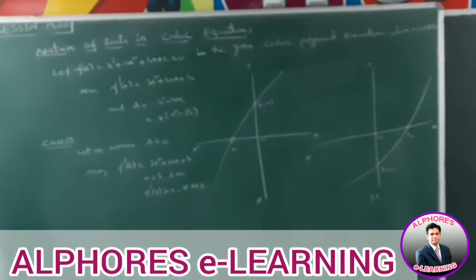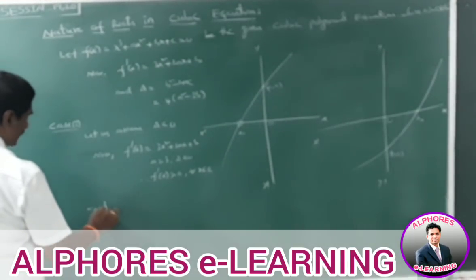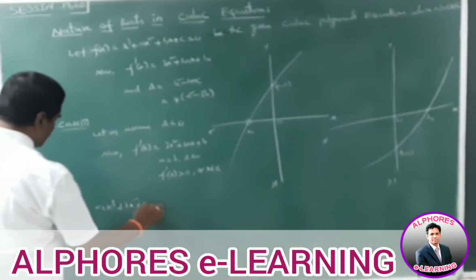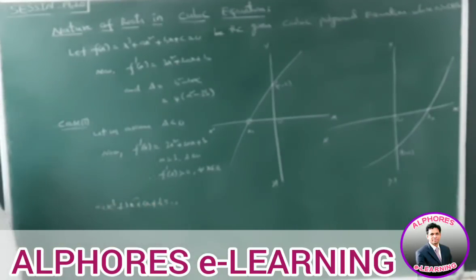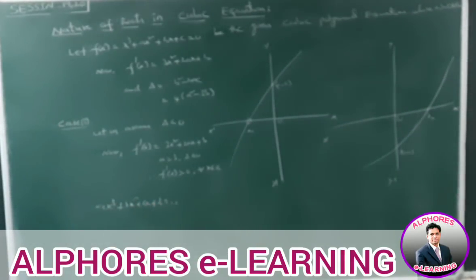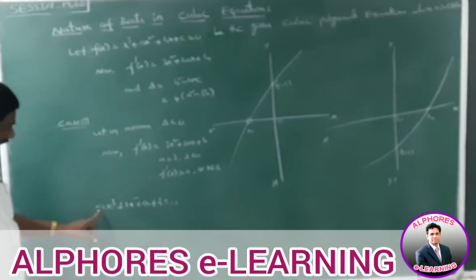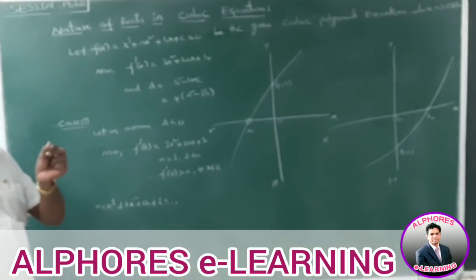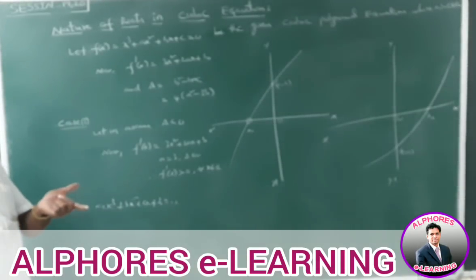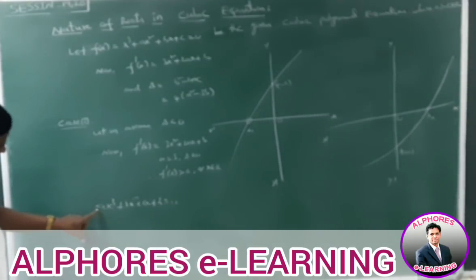Generally, the cubic equation is of this type: ax cube plus bx square plus cx plus d is equal to 0. To find the nature of the roots, first we reduce the equation into standard form, that means the leading coefficient is equal to 1. To reduce the given equation, in which the x cube leading coefficient is 1,